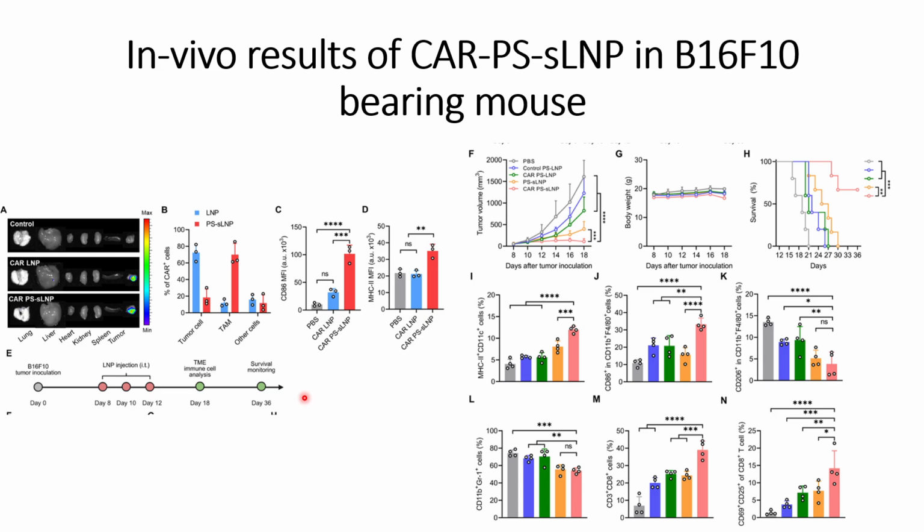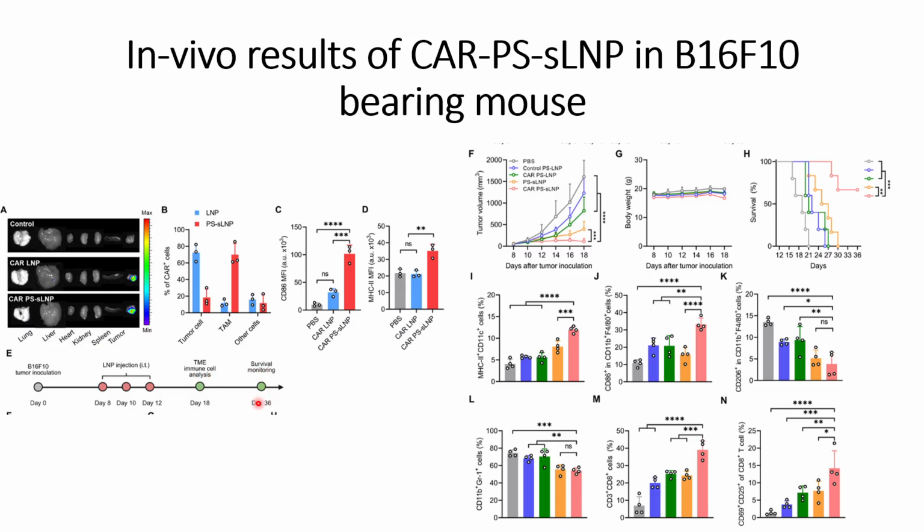Thereafter, they checked the anti-tumor efficacy using the experimental plan shown in this panel E. That is, first they inject the tumors, and after the 8th day, once the tumors can be seen, they inject these lipid nanoparticles 3 times alternately. That is at day 8, 10, 12, and then at day 18 they did the TME, tumor microenvironment, immune cell analysis,